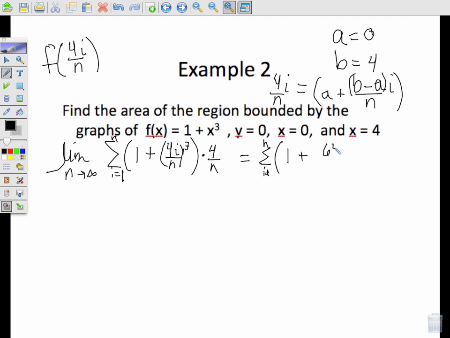and in my summation here, I would have 1 plus, and if I take 4i to the third, that's 64 i to the third over n to the third. And then, of course, I want to multiply that by 4 over n. When I do my summations, I like to distribute that 4 over n and then use my summation and separate it. So the limit as n approaches infinity